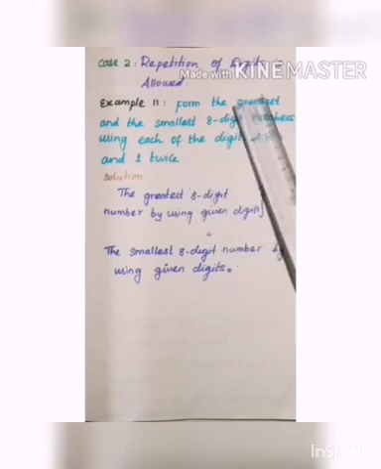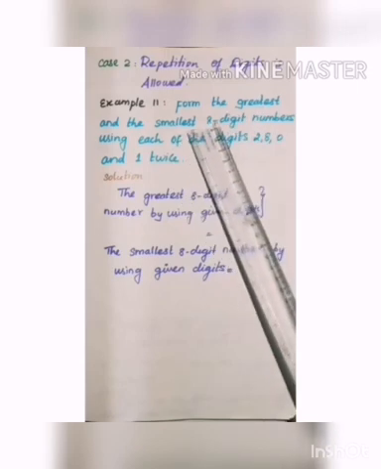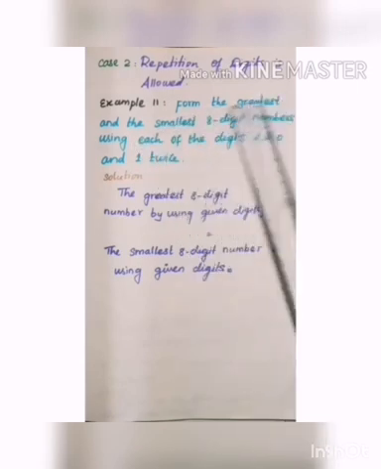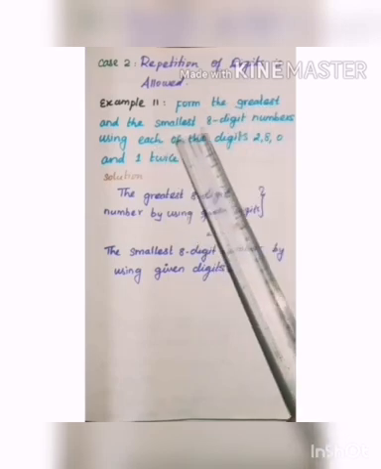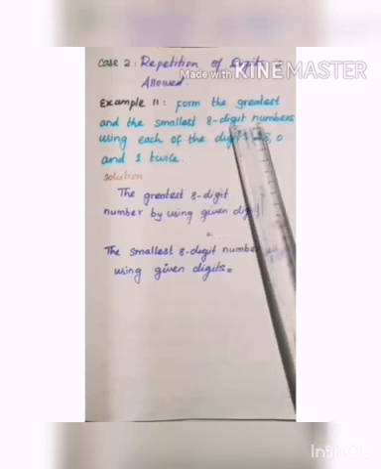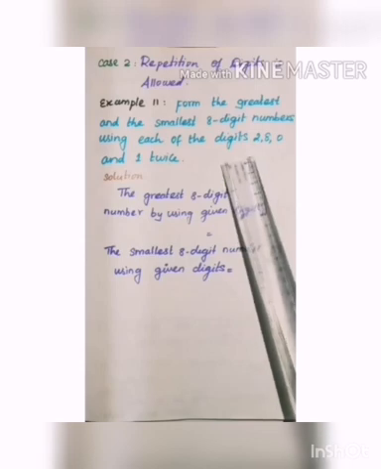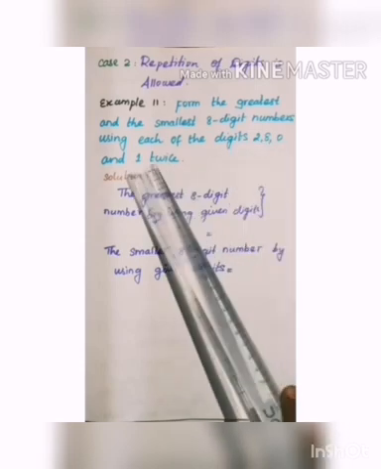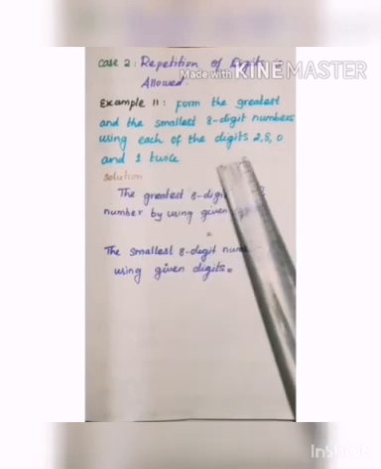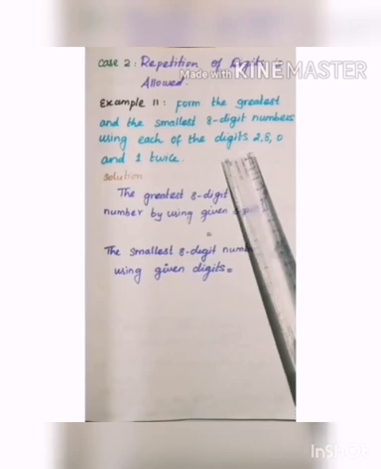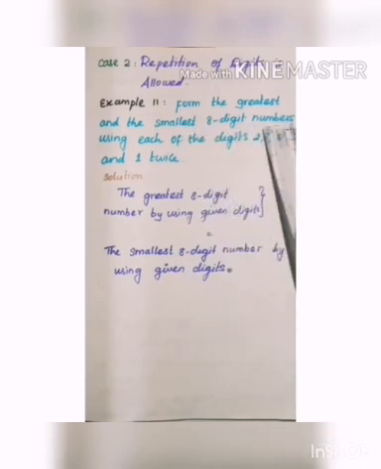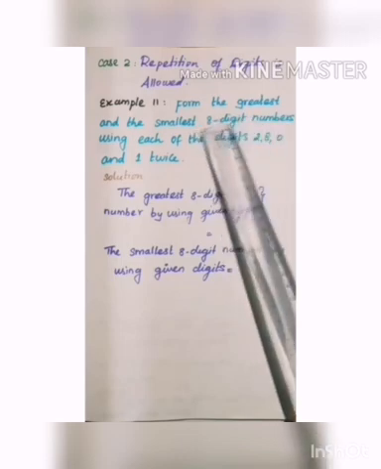Okay. Here look at this question. Whether you want to make the greatest or the smallest, any type of form, you have to make it an 8-digit number. But you are given 1, 2, 3, 4, only a 4-digit number. Okay. But they asked to make an 8-digit number. So you have to repeat the digits for your 8-digit number.